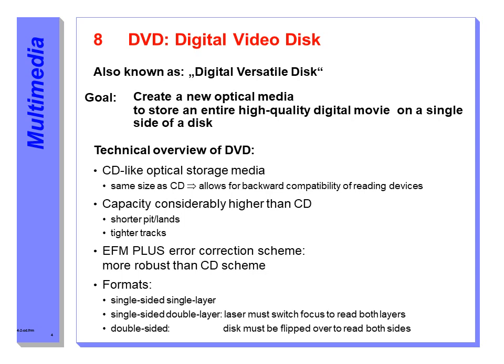The main goal is to create a new optical media to store an entire high quality digital movie on a single side of a disc. So it's also known as a digital versatile disc. Digital video interactive, DVD-I, helps to engage with different kinds of multimedia elements: a combination of text, audio, video, pictures, and graphics.